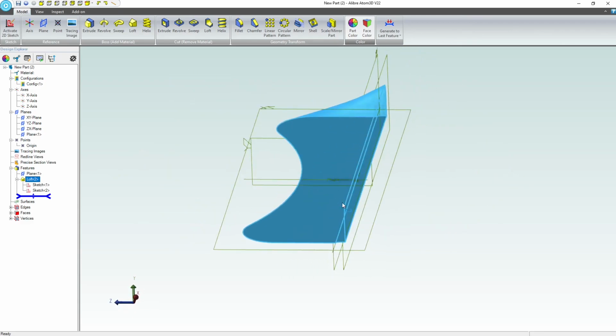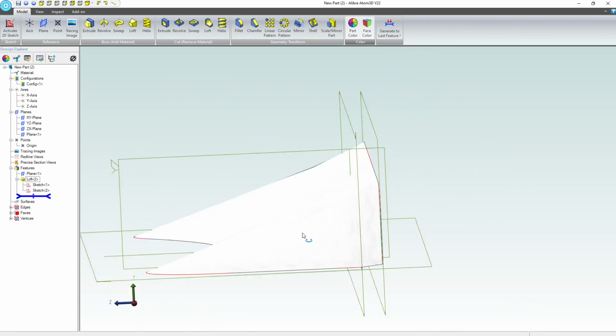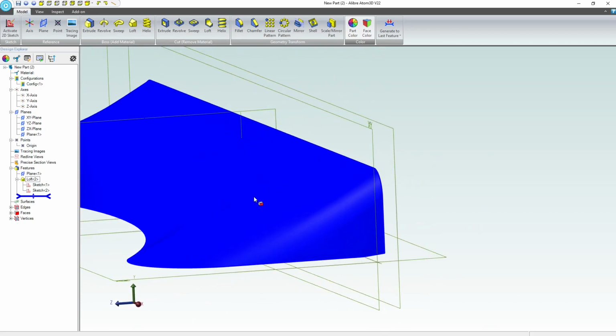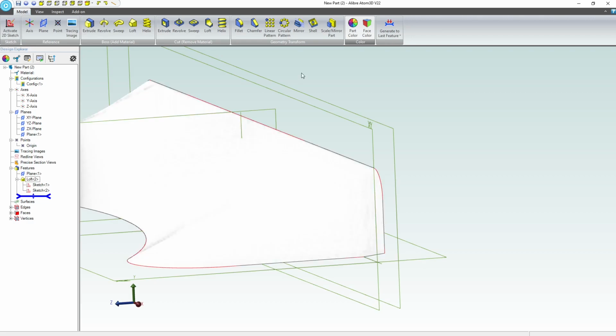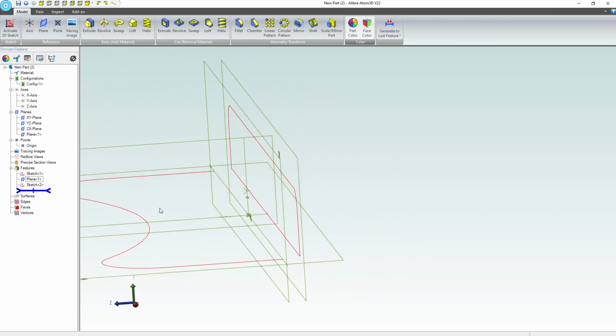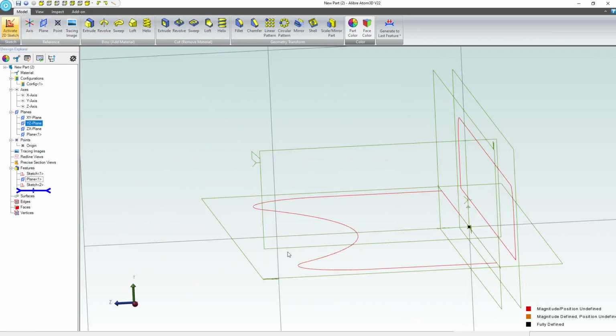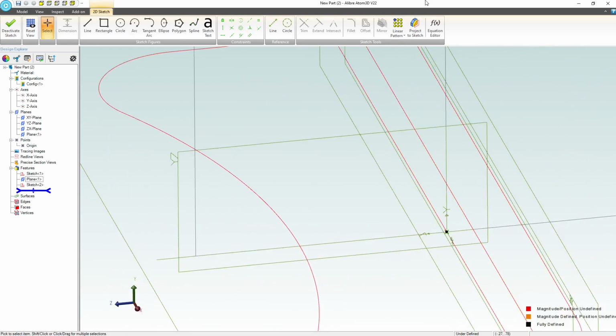And there we have the beginnings of our loft, right? So nonetheless, I would like a little bit more substance here. And I think this is a great opportunity to go through a guide curve. So on this plane, after I delete my loft, I'm going to go sketch on the YZ, and I can